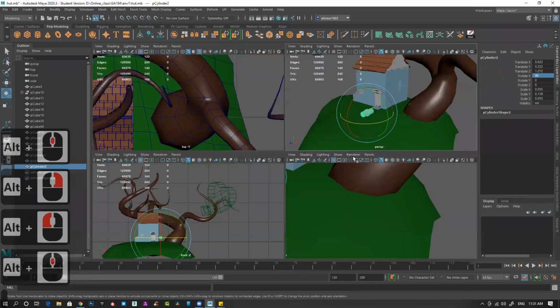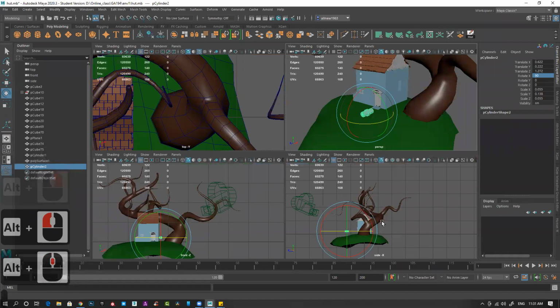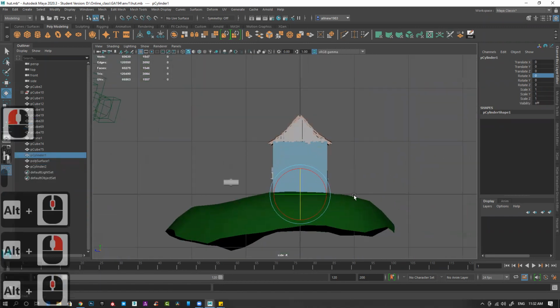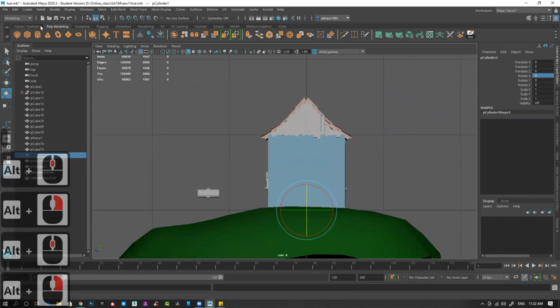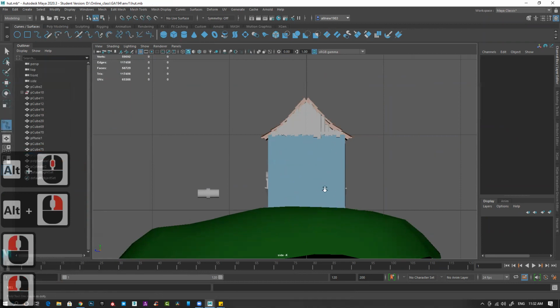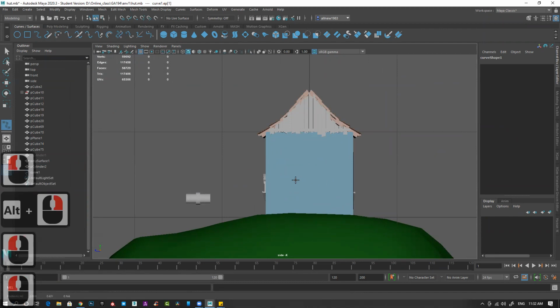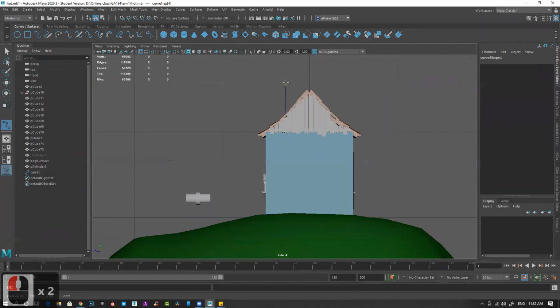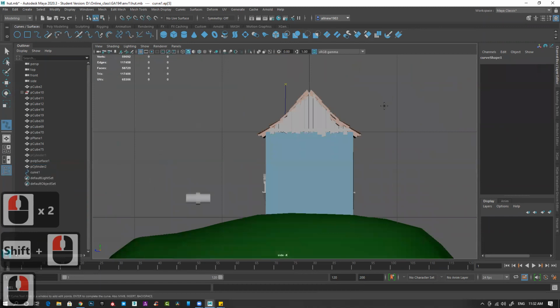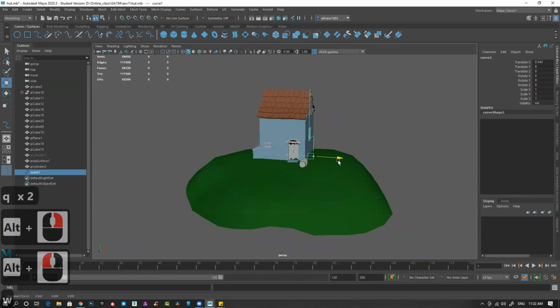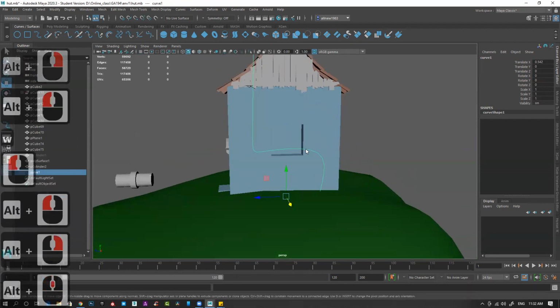Then I'll go to my left side view and create the spline I want. So, EP tool. Okay. So I have created this and placed it wherever I want.